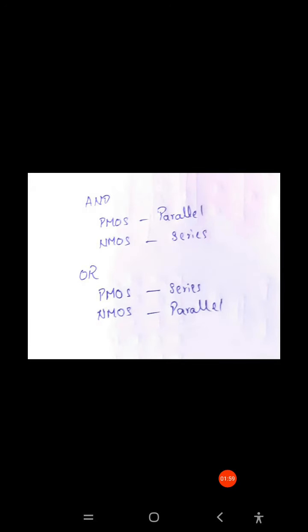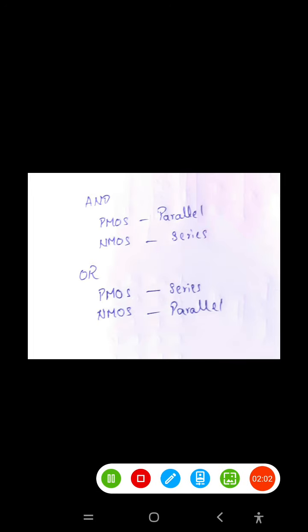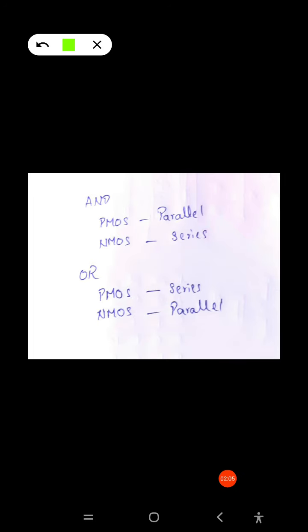For this expression, first the AB is here. AB has an AND operation because it is the product. So for the AB AND operation, PMOS should be parallel and NMOS should be series. Now we connect that. This one is the PMOS transistors, A and B, and both are a product now, so A and B are in parallel here. And this one is VDD. So this is parallel, and the NMOS transistors should be in series. This is for the AB inputs.